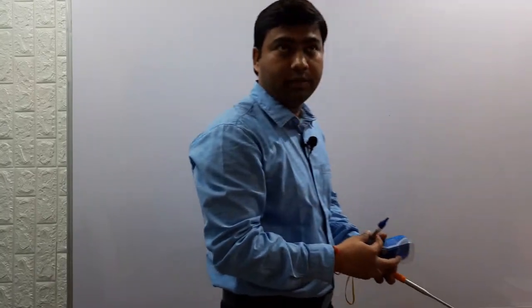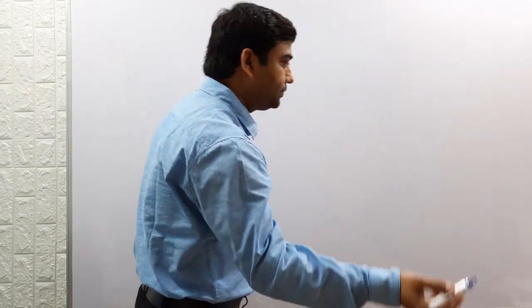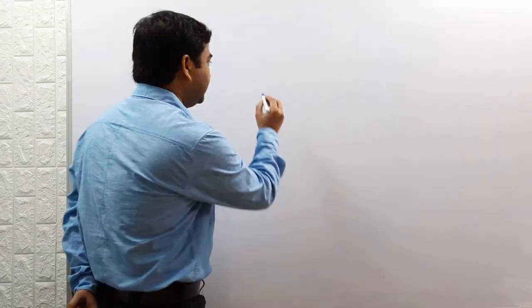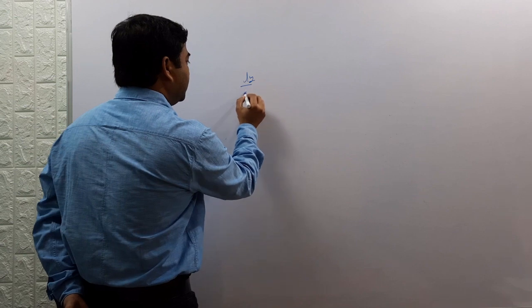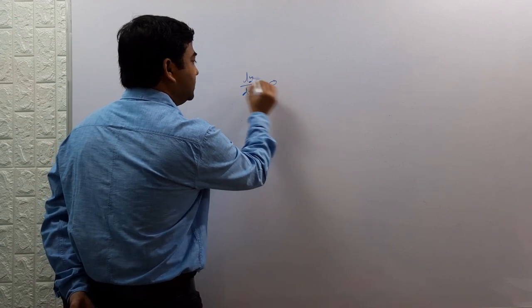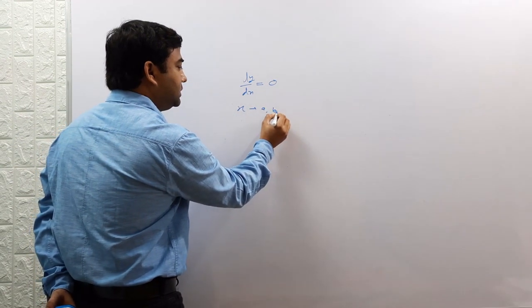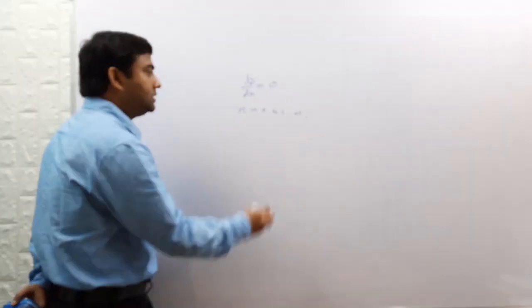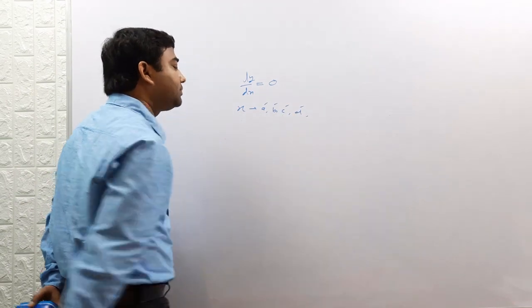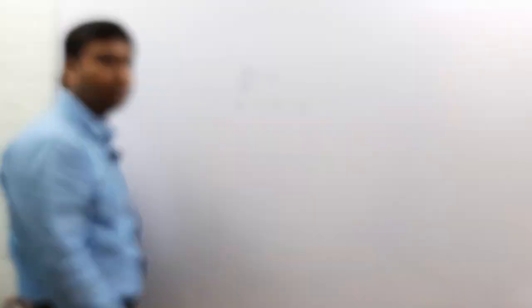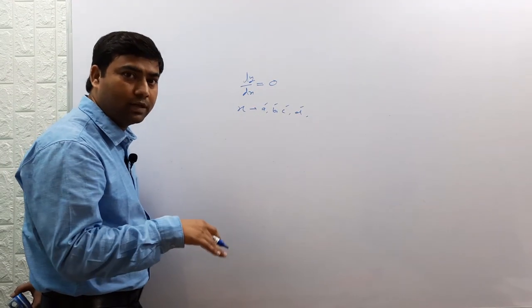How to find maxima and minima? You know, at maxima and minima turning points, the derivative of the function is 0. So just find the derivative of the function, dy over dx, and equate it with 0. The values of x you will find are a, b, c, d. These are all turning points. Now you want to see at which value the function is maximum and at which value the function is minimum.